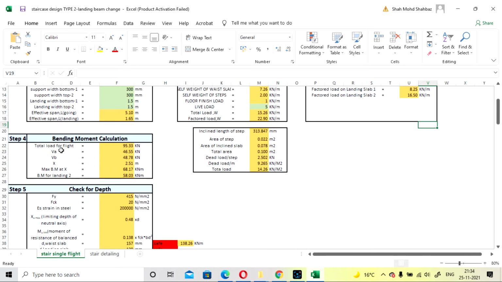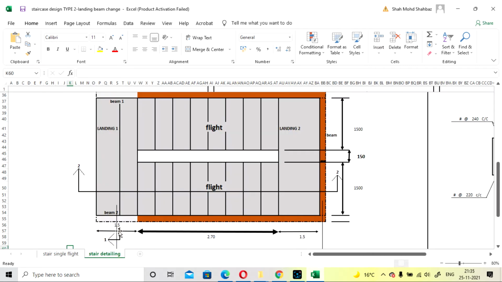Here bending moment is calculated. So total load for flight is calculated as 95.33, VA reaction will calculate 46.55, VB will calculate 48.78. What is VA and VB?